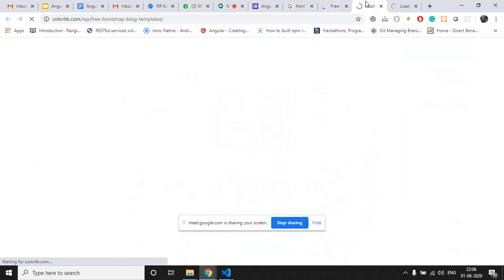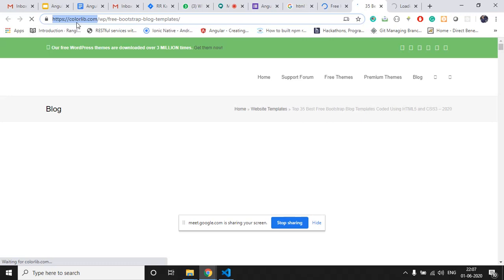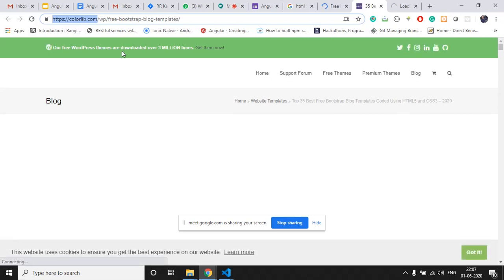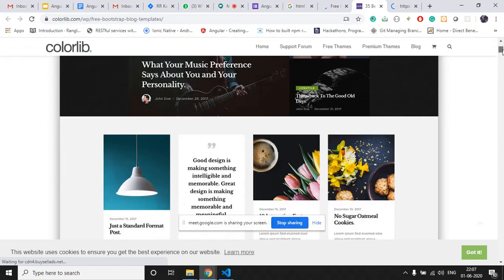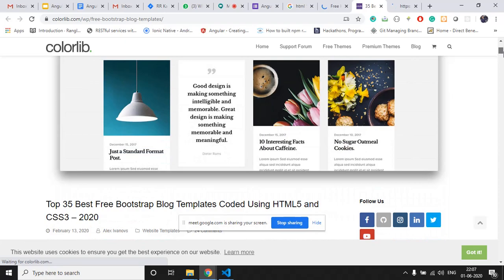We will try for more options. This is another good website for free HTML5 templates, Colorlib.